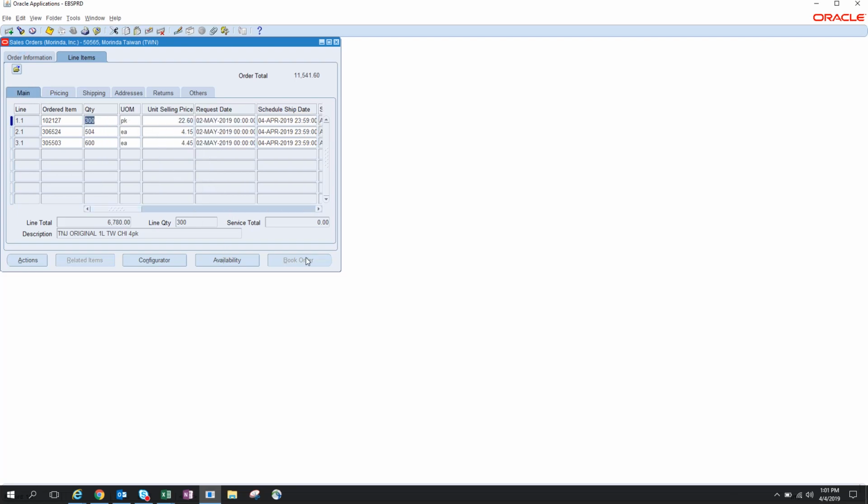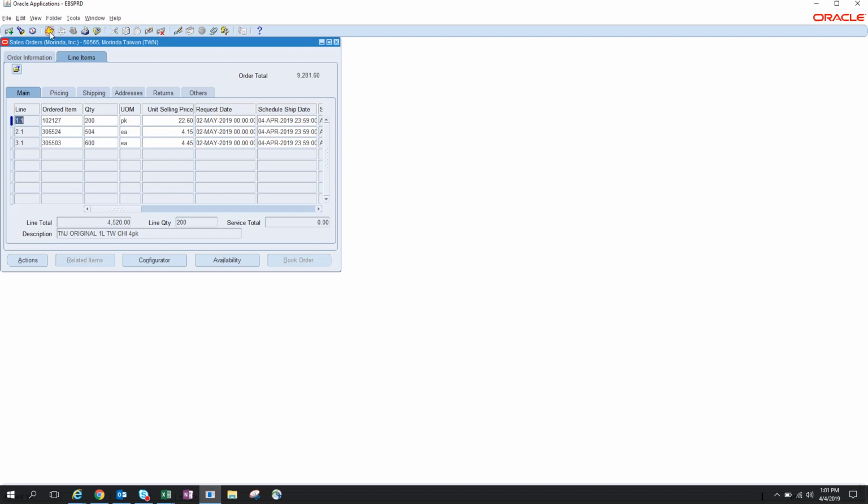But then after the transfer pricing, you do have to select book order, and it'll book it for you. On this order, I intentionally put too much T and J so that we can go through a couple of the line manipulations that can be done. So that there's only actually 200 in Oracle right now in inventory. So you can just come to this quantity, you can change it to 200, and